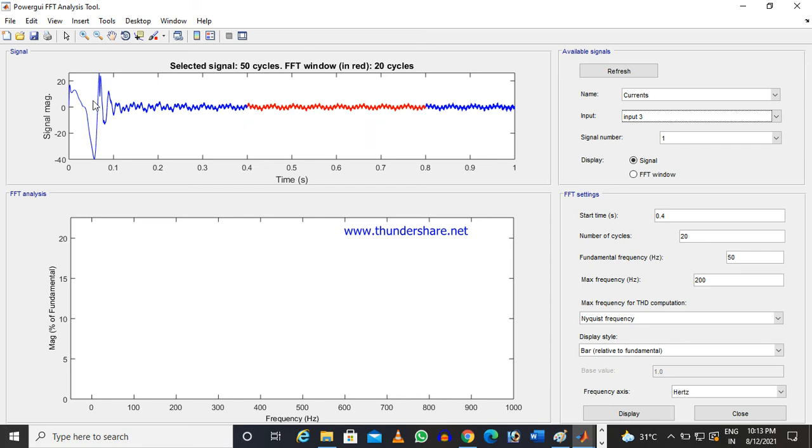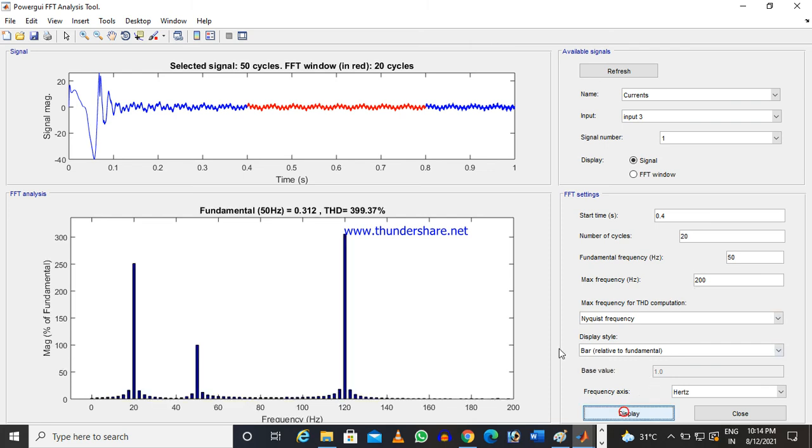I am taking that because if I start from 0, there will be some transients, and this will also give some different indications. So I will take from 0.4 second to 0.8 second, that is 20 cycles from 0.4 second. So let us do the FFT.